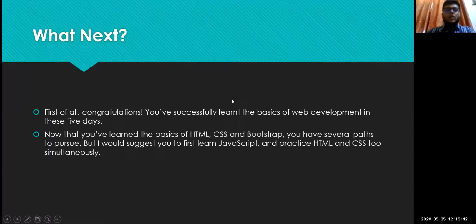And now that you have learned the basics of HTML, CSS, and Bootstrap, you have several paths that you can follow. But I personally would suggest you to learn JavaScript first, and then also practice HTML and CSS and Bootstrap simultaneously, just so you can also keep in touch with what you have learned over these 4 days.